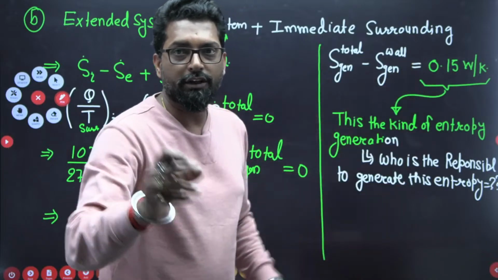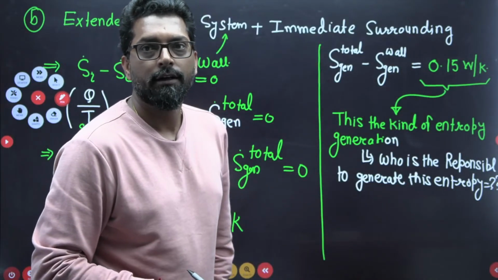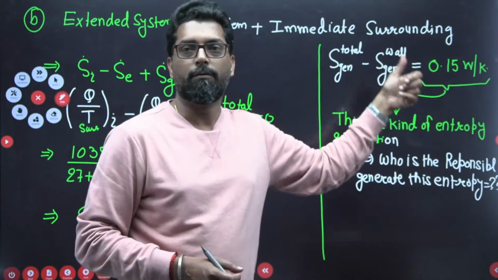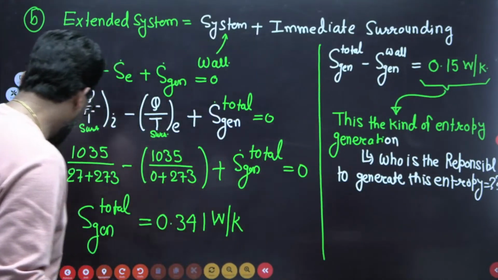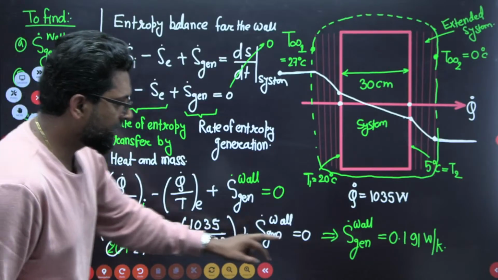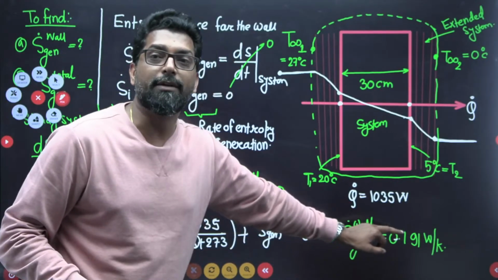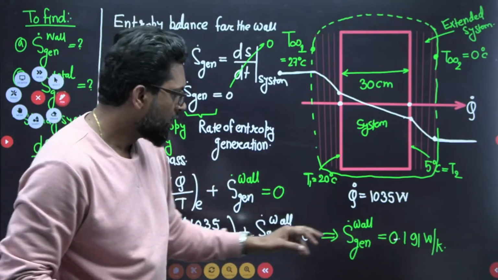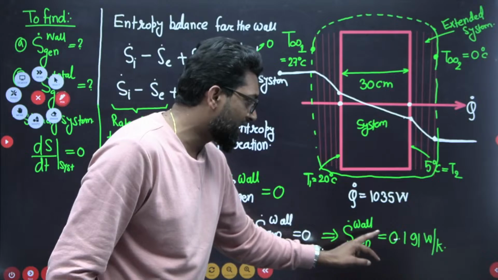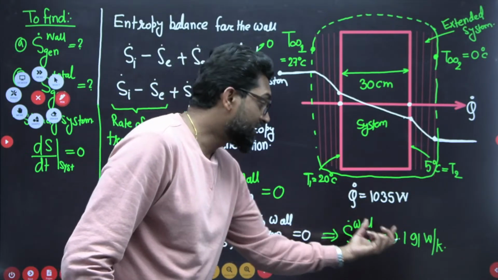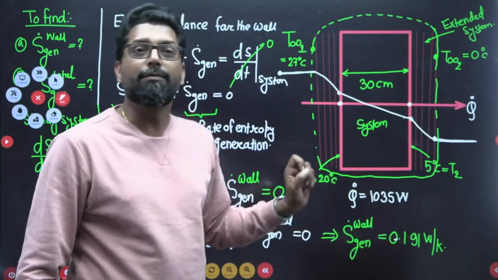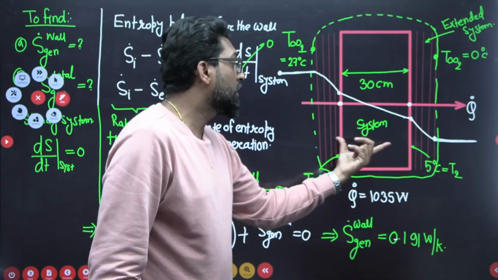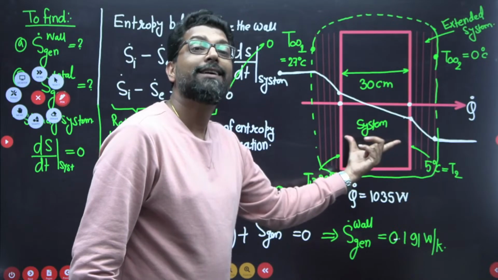So temperature gradient, flow direction. No. This is responsible due to the air flow. See, my dear, this is due to the internal irreversibility. Yes. Okay, good. Now I will explain you. The entropy generation in the wall is due to the internal irreversibility. From where does this internal irreversibility come? Due to the temperature difference.